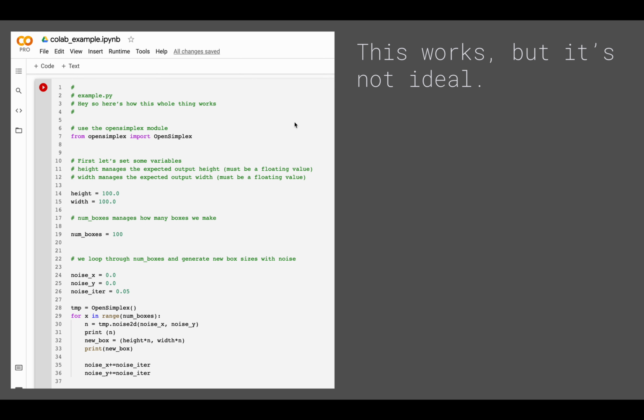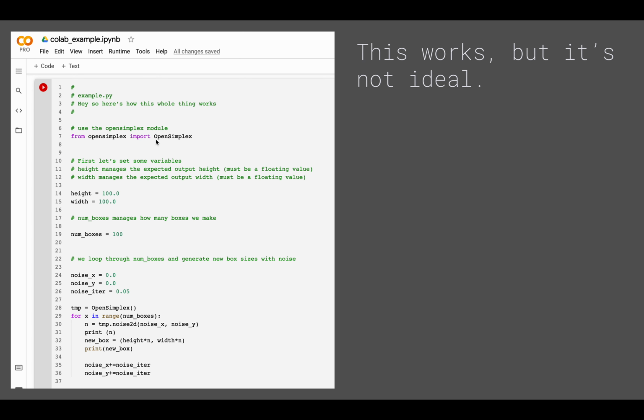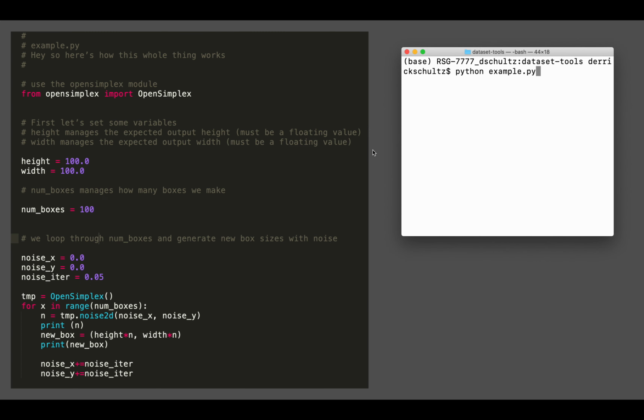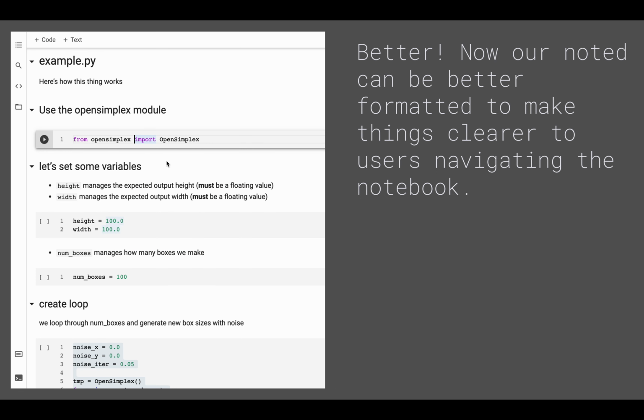For Colab, we have what are called cells. You can dump all of your code that's up here into a single cell and just run it, and it works slightly easier than this. It's not really ideal because of how variables and other things work. A better way to do this is to break stuff up into individual cells and also label them.